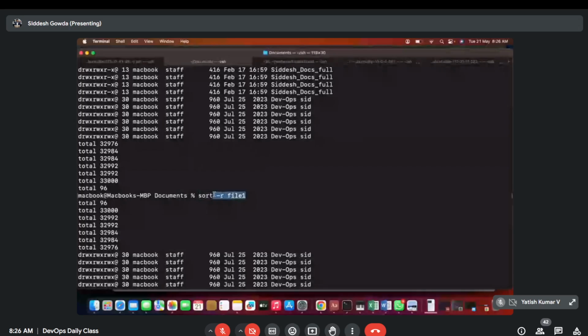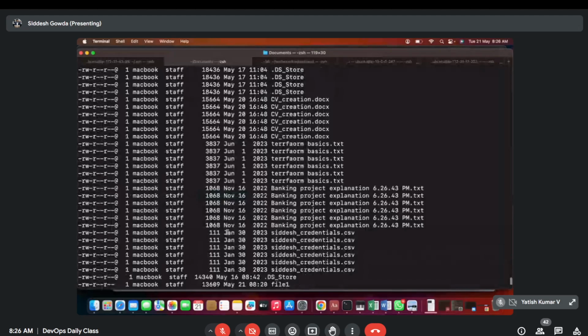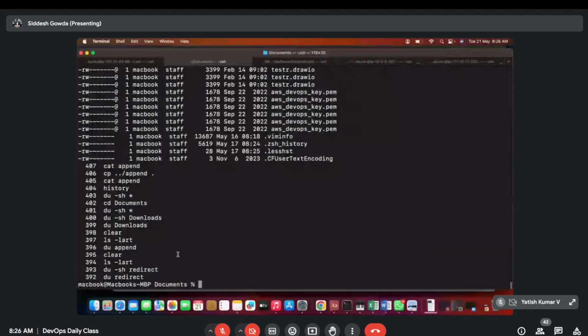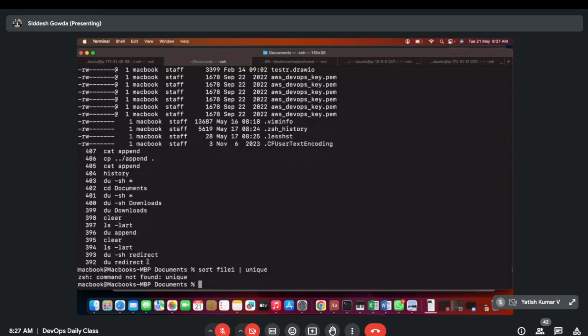Okay, sort and hyphen r, both are used for the purpose of arranging the files in ascending and descending order. Okay, so the unique command is there, right? So sort and then pipe unique. Okay, so this command is